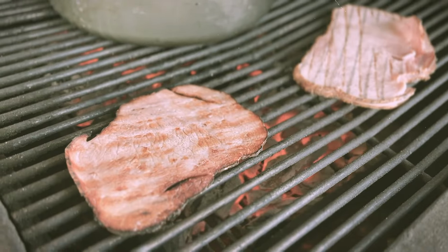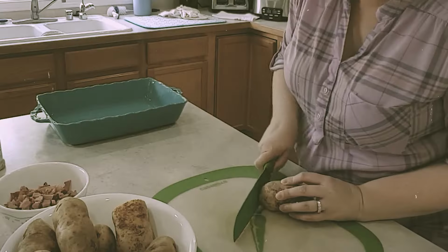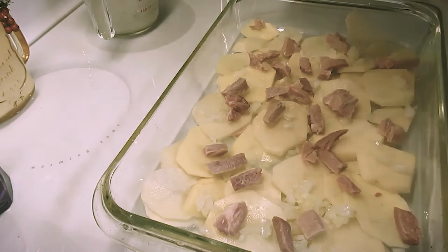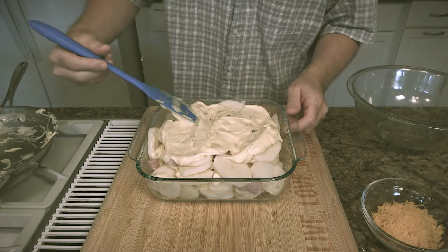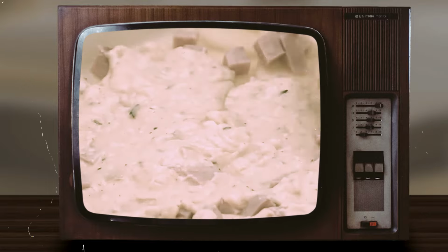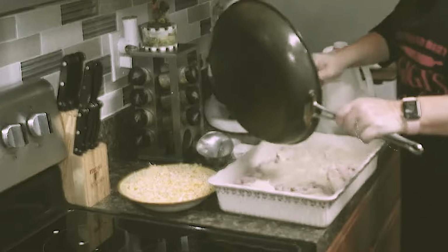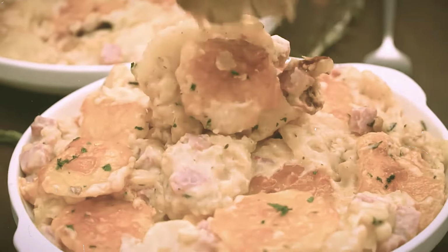The magic started with the basics. Peeled potatoes sliced paper thin, maybe with a hand-cranked slicer or just a steady knife. A bit of diced ham, left over from Sunday's dinner or a holiday roast, got tucked between the layers. Then came the sauce, milk thickened with flour and butter, sometimes boosted with condensed soup if convenience won out that day. Poured over the potatoes, it baked into something rich and filling, the kind of meal that made plain ingredients